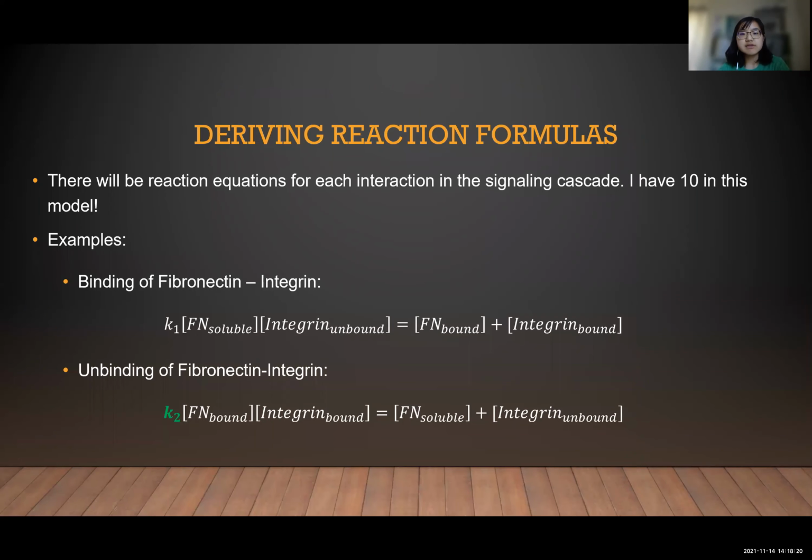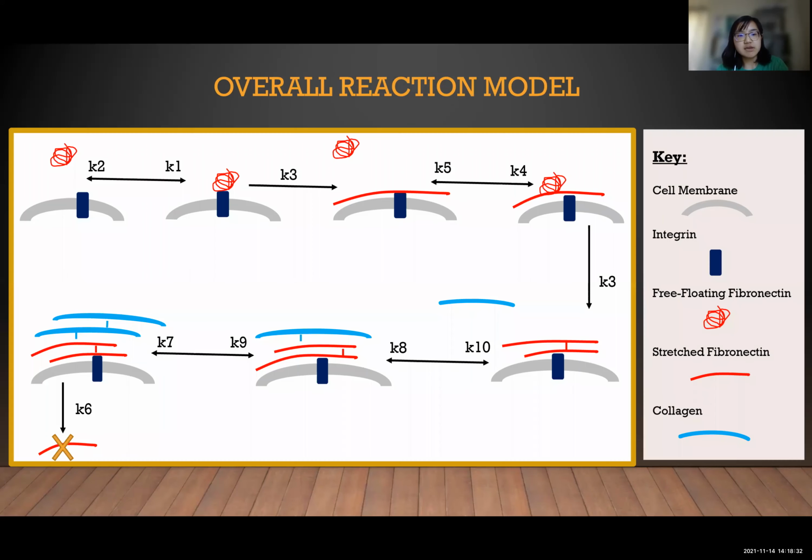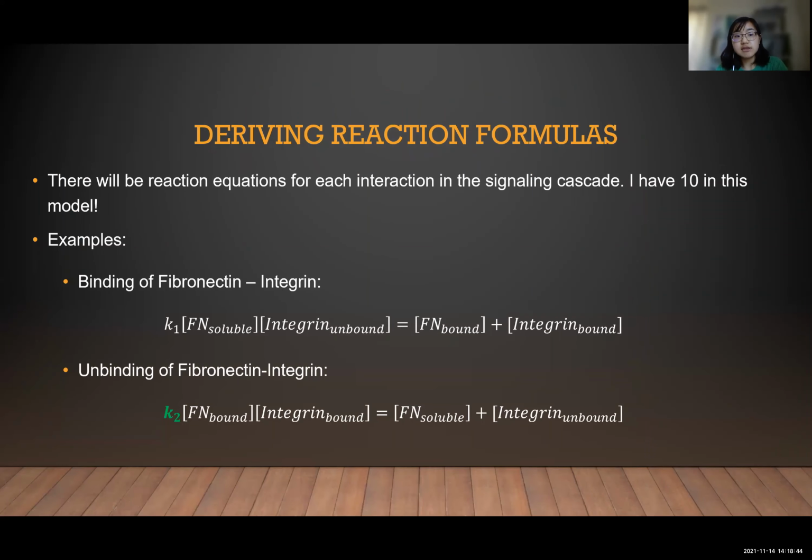So the next step is to derive the overall reaction formulas. There are going to be 1 equation for each interaction in the signaling cascade, and for this specific model, we are associating an interaction as either a forward or reverse reaction. So I have 10 different equations in this model. For example, there are two equations that represent the different interactions between fibronectin and integrin, the binding and unbinding